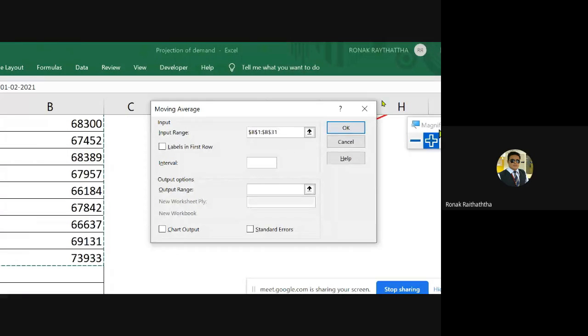Then tell it to the Excel. Do not forget, my dear friends, that the first row is the label, because that's where we have included our headings. Then it comes the interval. It tells you that you want the moving average for the previous 4 observations, 3, 5, whatever the observations you want, for which you require the moving average. You will be just writing it over there. Say, I want it for 3 observations. I'm putting 3 there.